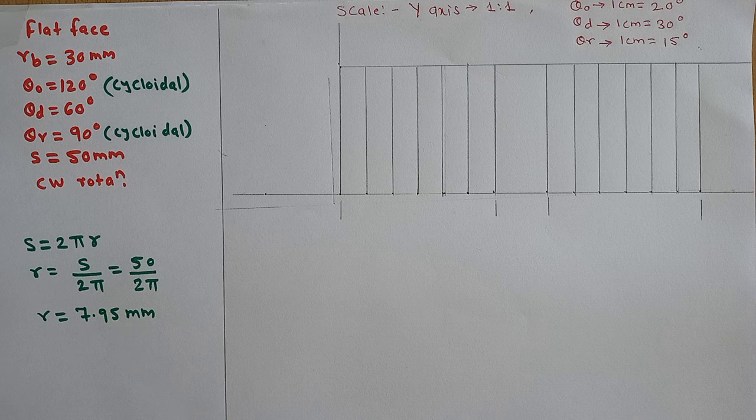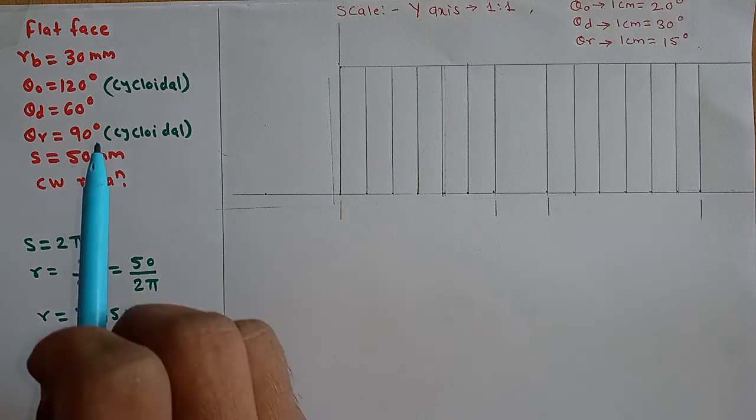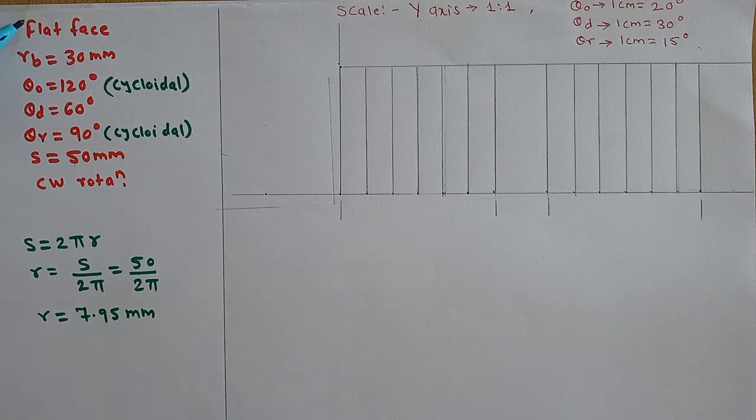In this session we will solve one problem on flat face follower. So this is my problem statement. Follower type is flat face follower with the minimum radius of cam, which is equal to the base circle radius, is 30 millimeters. Angle of rise, that is outstroke angle theta O, is 120 degrees, and during outstroke angle follower